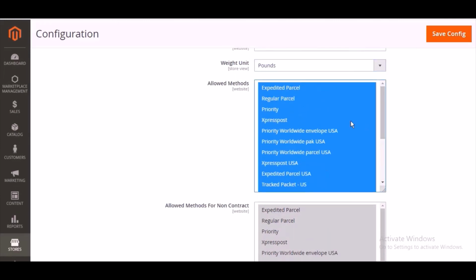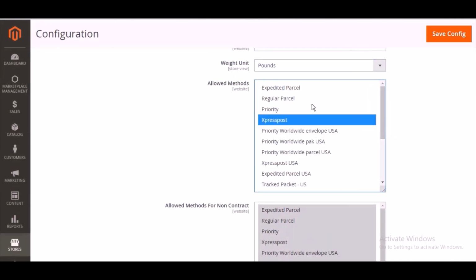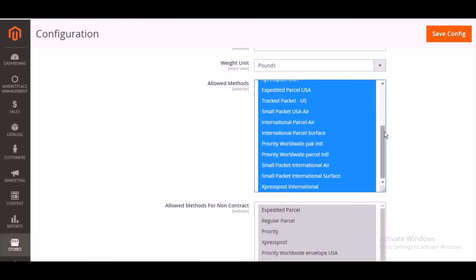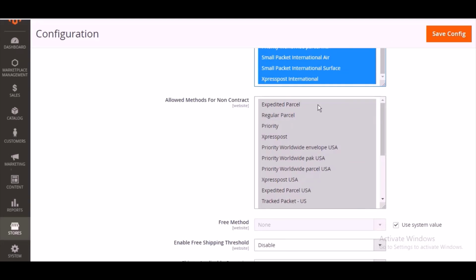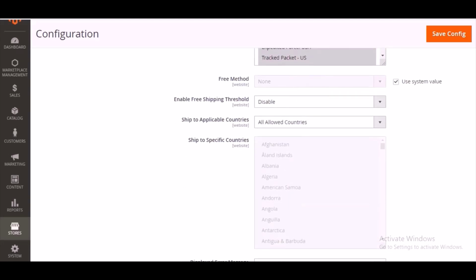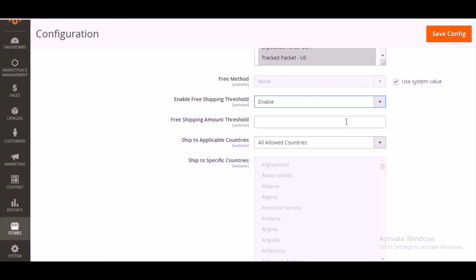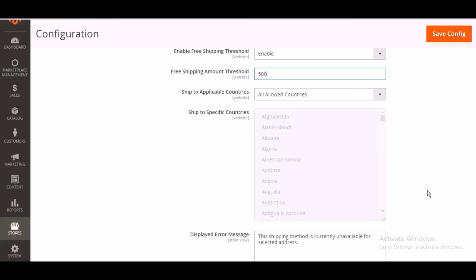Now there are multiple methods. You can select one, more, or all methods for the Canada Post shipping methods. And the next is allowed methods for the non-contract type. And then you will find the enable free shipping threshold. So if you disable it, there is no issue, but in case you enable it, you need to fill up some threshold amount for this particular shipping method to be enabled on your store. So let me do it, and